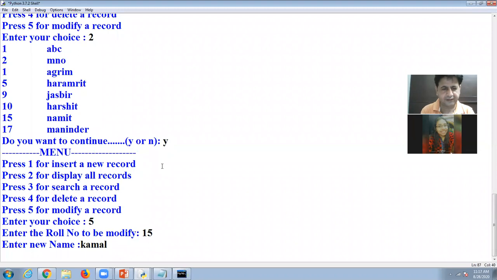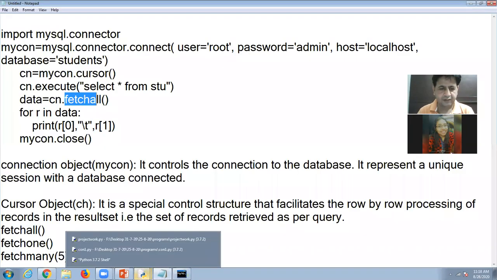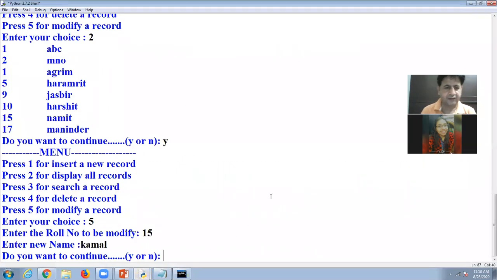I press enter key and now look at here in the database. So roll number 15 here is Kamal. So data is changed, data is modified. After that, all the functions are working properly.